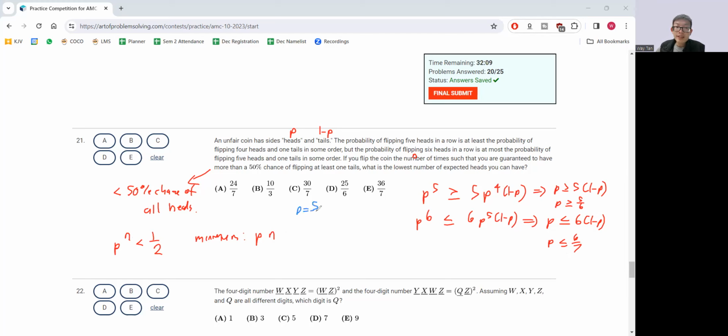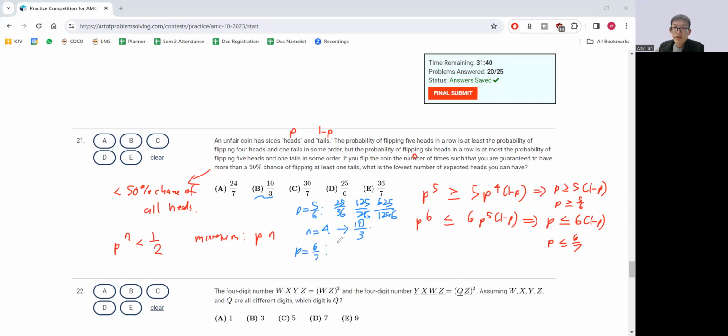If P is 5/6, okay, 25 over 36, 125 over 216, 625 over 1296. Okay, so n is 4. And I get 10 over 3 for my Pn. That's promising. If P is 6/7,